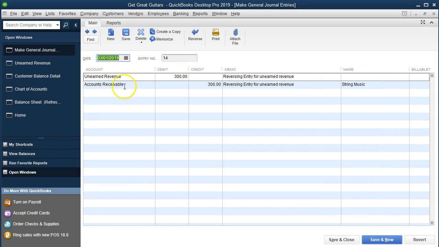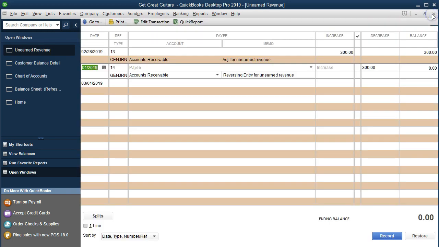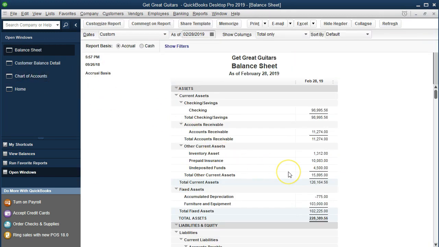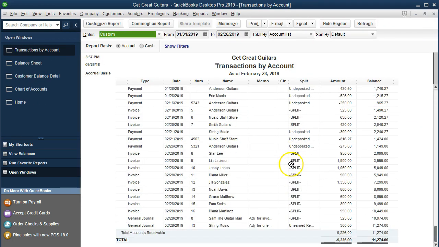Double clicking on that. QuickBooks has no other form to drive this. It is just a journal entry, even though we're entering into a register. And it's going to be a debit to unearned revenue, a credit to the accounts receivable. So let's close this and go back to our balance sheet and see if it does what we would expect it to do. If we go to the accounts receivable and double click on that item now, it's not there as of this date,